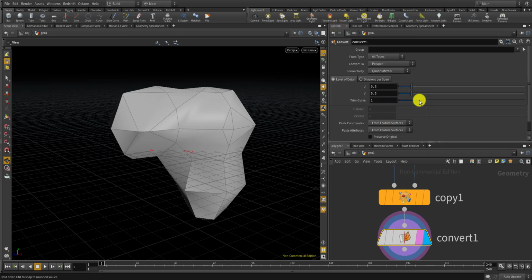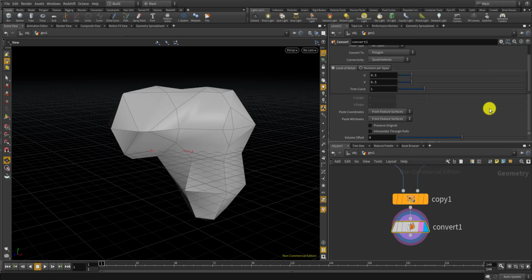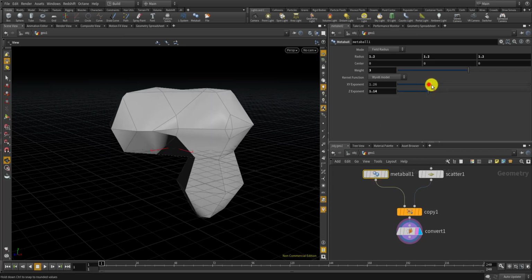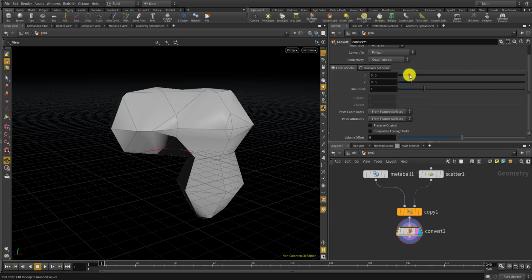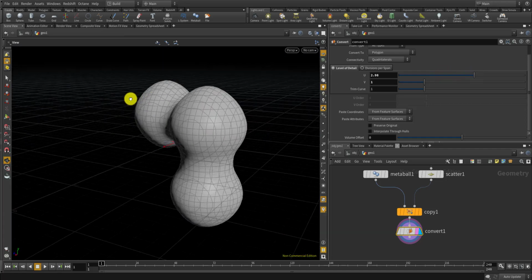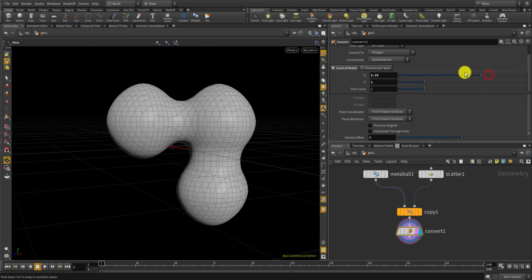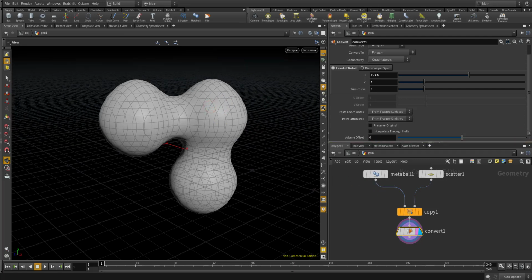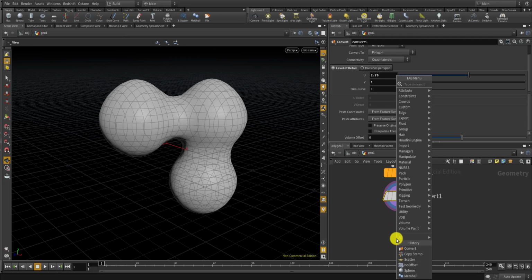And the resolution is a bit too low. I think I have to make the resolution a bit high using U level a bit higher, like this. Yeah, this seems okay. Yeah, I think this is okay. Now let's go with this one. Now, first thing I would like to do is to